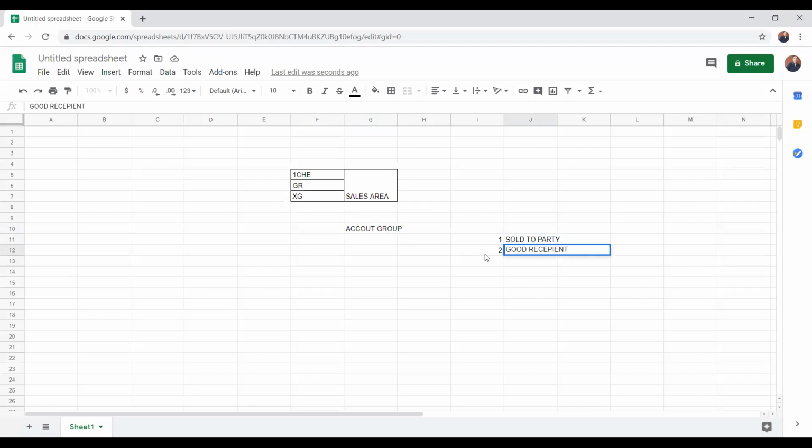The third one is your payer, and the fourth one is your bill-to.